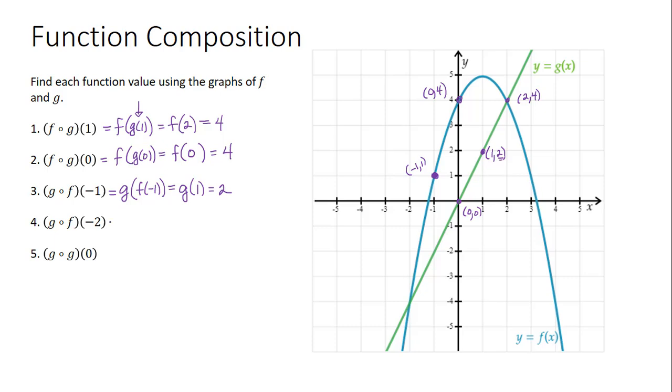G composed with f of negative 2 is g of f of negative 2. Well, f of negative 2 means we're going to go to negative 2 and figure out the y value on the graph of f, which is our blue graph, and that y value is negative 4. So the point is (negative 2, negative 4). Now we need to find g of negative 4. So g of negative 4 is to go to the x value of negative 4 and figure out where the graph intersects that point, and it's off of our